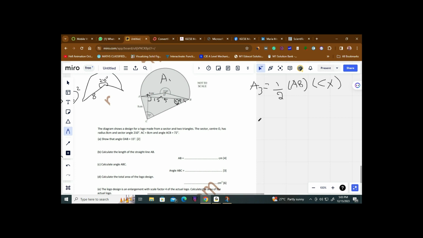So I pick up this right triangle. Sine of 29.4 degrees is equal to perpendicular, which is CX, divided by, if I take this, then BC will be the hypotenuse. I must not take this. I should take